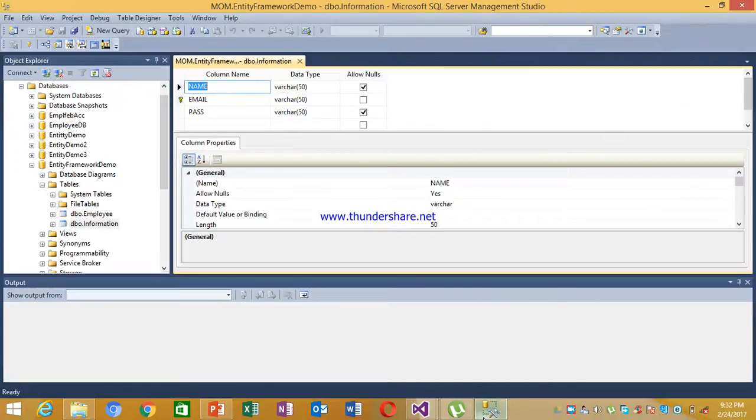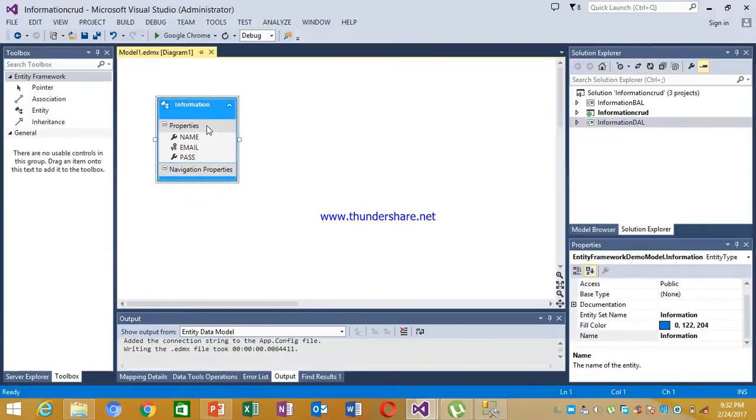You can see the fields are exactly the same as in our database: name, email and password.